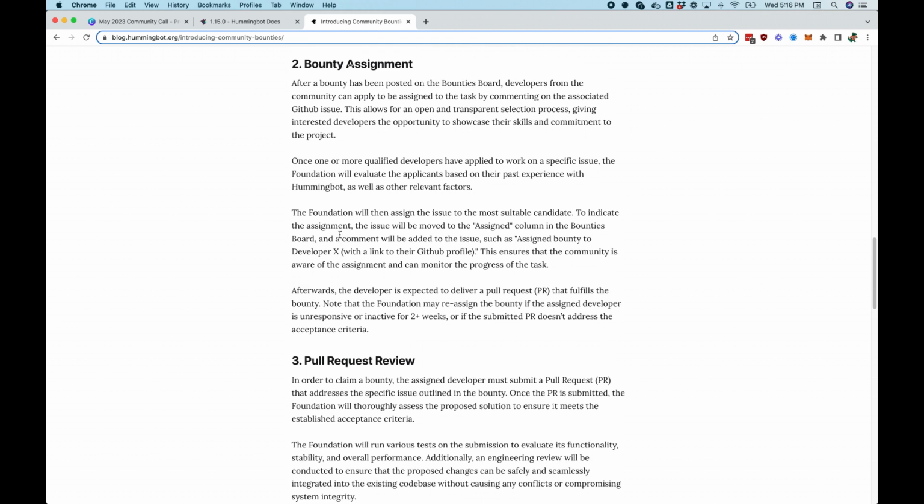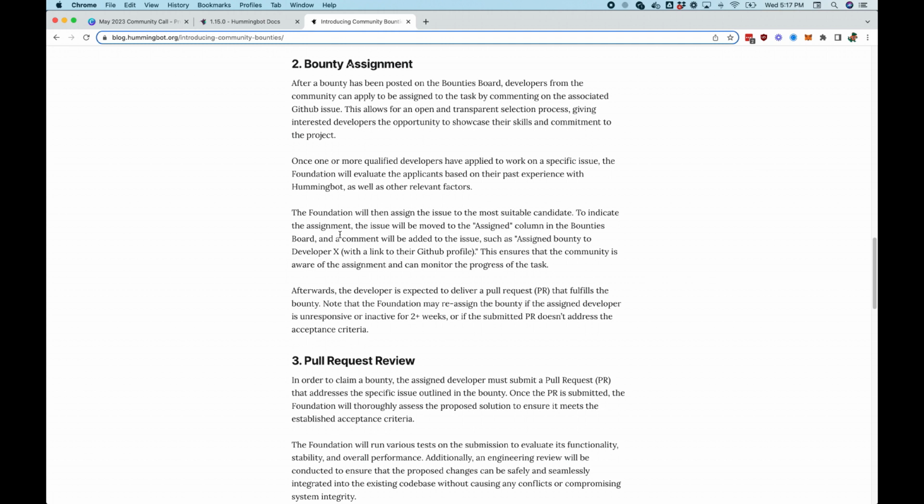Okay, so afterwards, we will assign the bounty to a developer. For the assignment process, I think we do want to try to make this more and more democratic and transparent over time. Currently, we're kind of managing it because we evaluate the developers based on their past experience with Hummingbot, their development experience, and other factors. Overall, we will try to make sure that every developer participates. If you're good, we'll try to give you some bounties, and we'll also try to match the skill sets with the connectors,